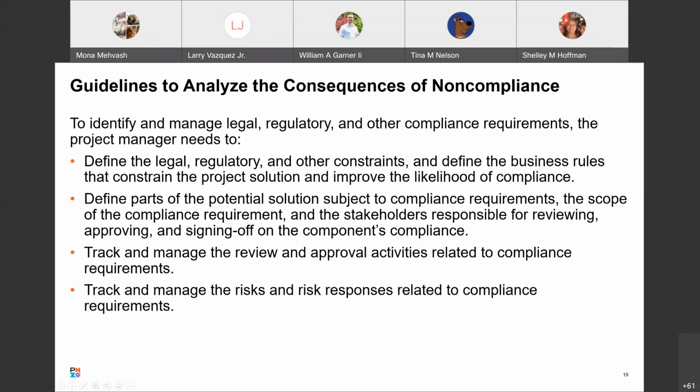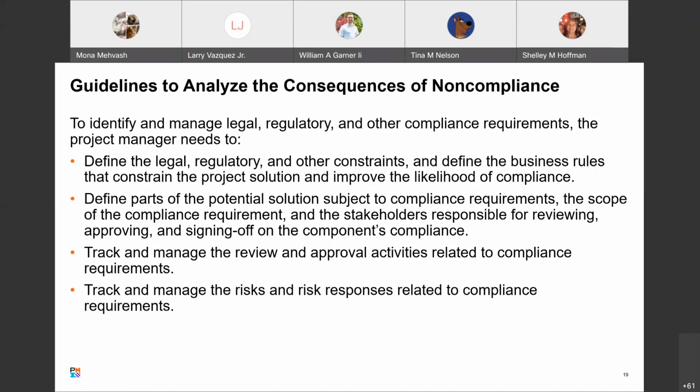All right, so we've got some guidelines to analyze the consequences of non-compliance. During the project, managers need to identify and manage legal, regulatory, and other compliance requirements. Guidelines for analysis include: define the legal, regulatory, and other constraints, and define the business rules based on compliance requirements that will constrain the project solution and improve the likelihood of maintaining compliance.